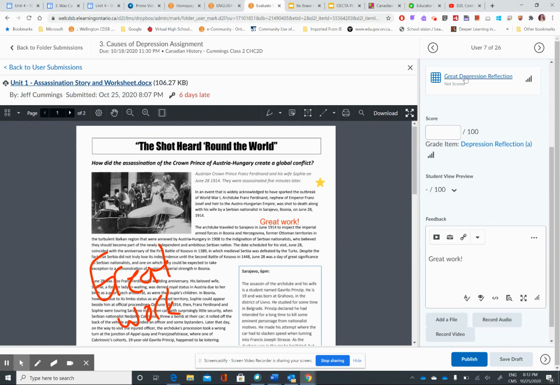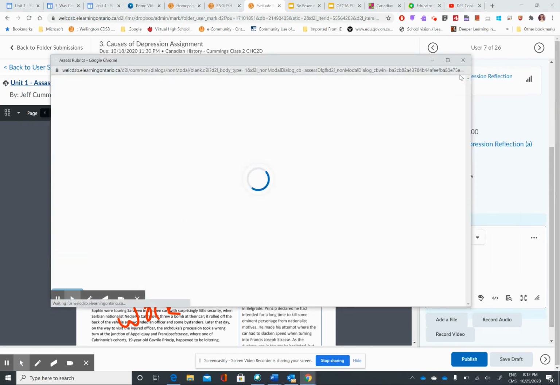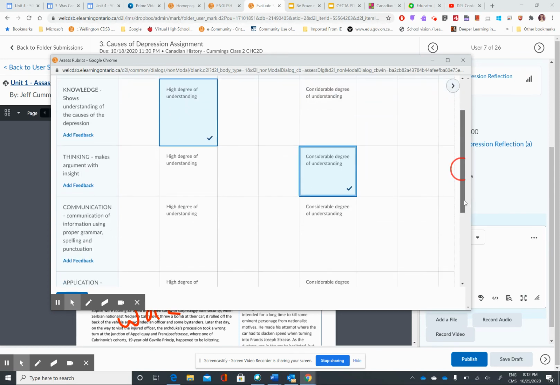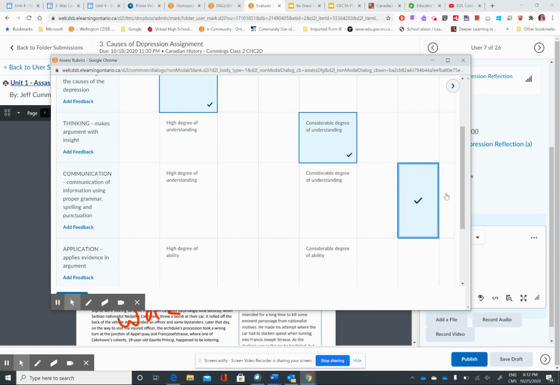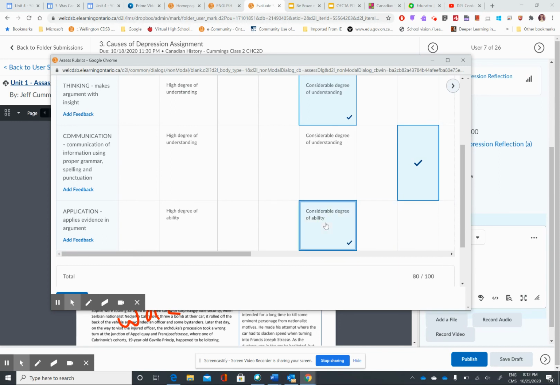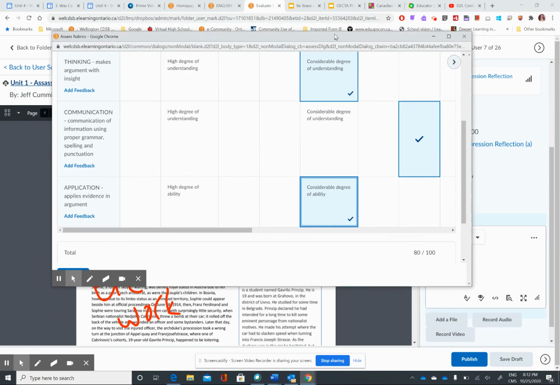I can also utilize the digital rubric. So I've created a digital rubric here. So I can click on it and it'll take me in. And this one I've done pretty quickly, so it doesn't have all of my content in it that I might like. But I've actually done it on a point system. So if I was to give level 4, level 3, it would be 19.5. If I wanted to give, I believe that's level 2, level 3 minus, sorry, that's 18 points. It adds it up for me based on the level system that I just did. And then I can just quickly